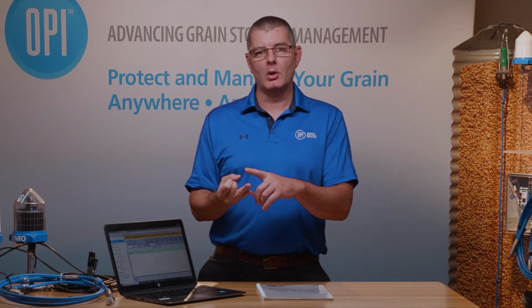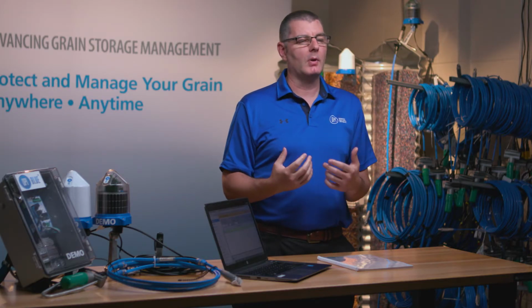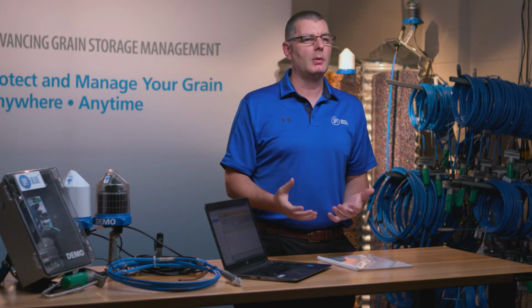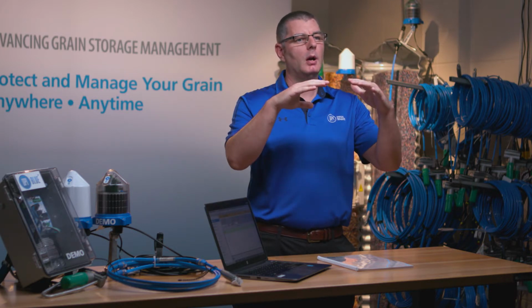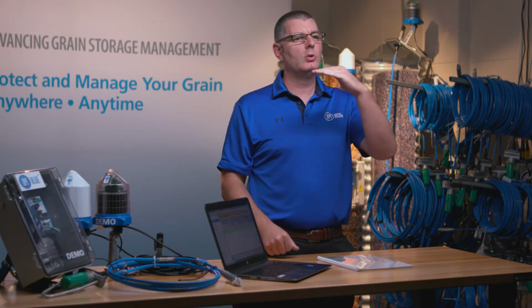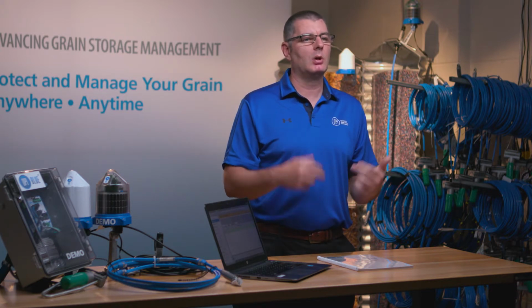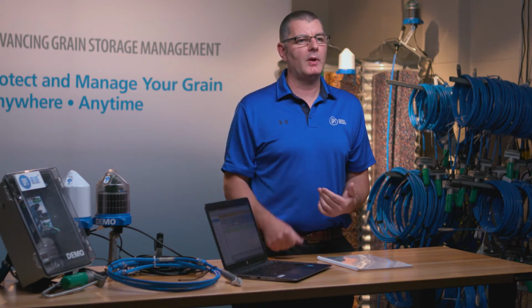If they are, we know that with enough airflow and a long enough duration, pushing that air with our fans into the grain mass is going to begin to dry the bin and lower the overall EMC value or moisture level of that grain to our specified target. So there is valuable information there that the weather station can provide. It's not just a guessing game with turning the fans off and on remotely. There's information there that helps us make a solid, educated decision on when the fans should be on and when